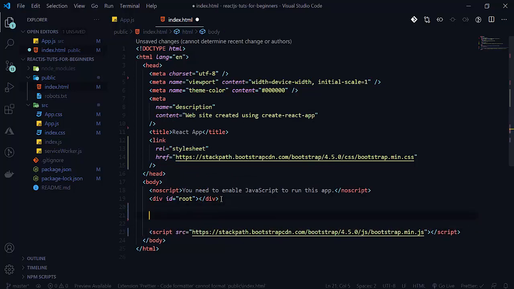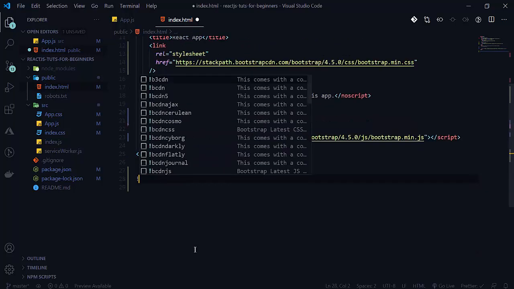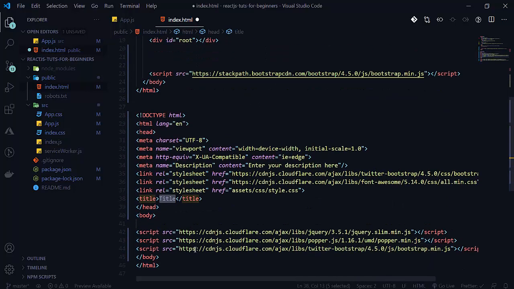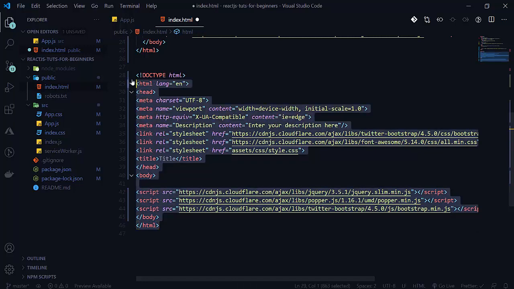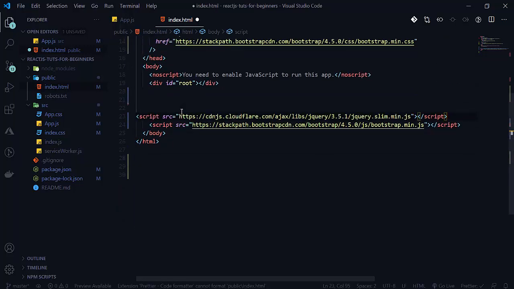Let me check if jQuery is coming here or not. So this is our jQuery. I'm going to copy this and paste this jQuery above.